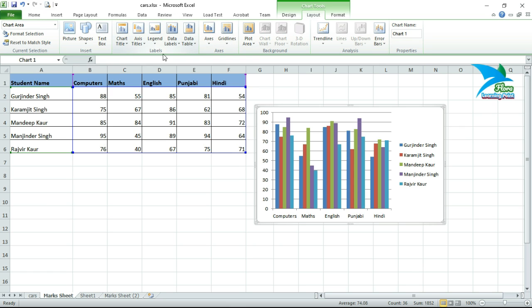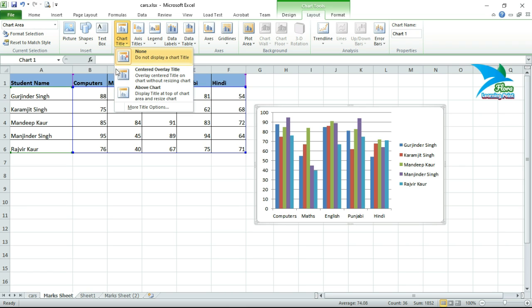Next, here we have a group, the Labels group. With the help of these options we will be able to decide the chart title, because we don't have any chart title here. If you want to place a chart title, just click on this option, and as you can see, by default the None option has been selected, because no chart title was created here.